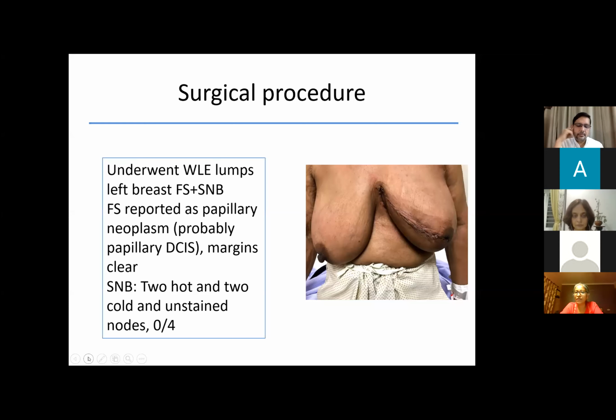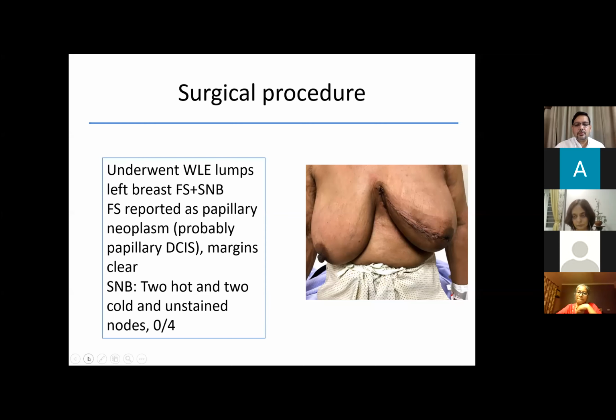What will be your take on that? I will go ahead with sentinel node biopsy. Can you elaborate on why you would go ahead? See, the problem is we don't have a diagnosis pre-operatively on frozen. Dr. Tanuja very clearly said, and our pathologist and all of us have that experience, they are not comfortable reporting about the correct diagnosis of papillary lesions. So it is better to do a sentinel node biopsy at the same time.